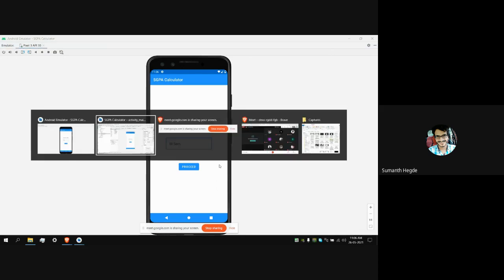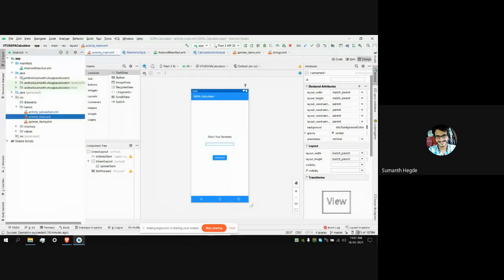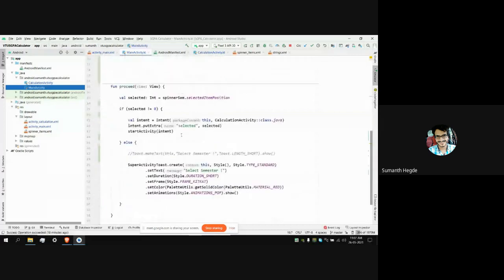But you can see we have only an empty spinner, with no menu items. What we are doing is adding those items dynamically during runtime. So let's jump back to the logic part of this activity.